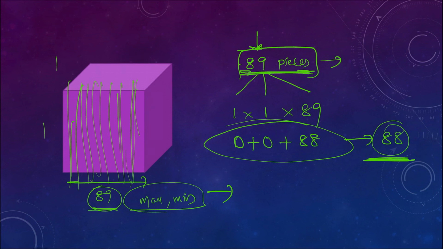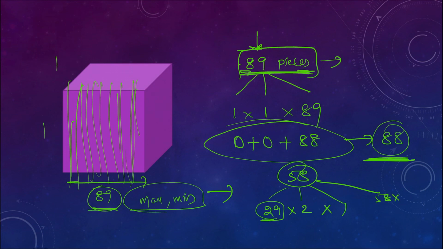Sometimes you will get the prime numbers in the middle. Suppose 58 is there. How can you write here? 58, 29 into 2. Only one case because 29 is the prime number. So we can't get any other case definitely. For few numbers only we will get 2 cases, 3 cases. So here we can write like this also, but we will get the maximum here, not minimum. So 28 plus 1 plus 0, total 29 only. You have to use it. By using 29 cuts, we can make them 58 pieces.